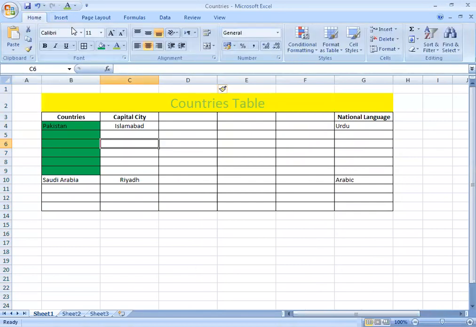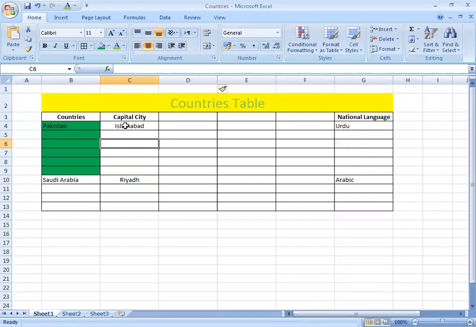Now something new, something more. You can apply different formatting. Now I want to show you how to combine more than one cell. Combining cells in Excel is called merging. What is it called? Merging, right? Merge cell command.